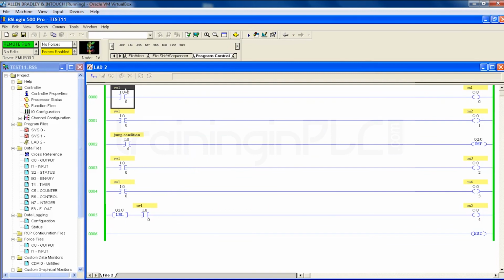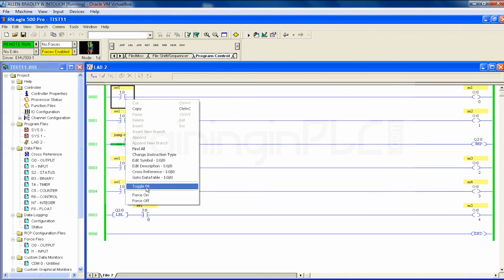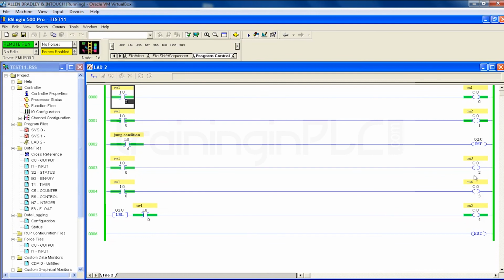Now on normal days, if you turn on, all your outputs will be on, right? Monday, Tuesday, Wednesday, all the outputs are on. On Thursday and Friday, you don't want to run M3 and M4. So on those days, before turning on your switch, you need to turn on the jump condition. So now what will happen? If you turn on your input, it will skip only these two motors. The remaining motors will be on as per your program. Fine. So rung 3 and rung 4 are skipped because of the jump condition.